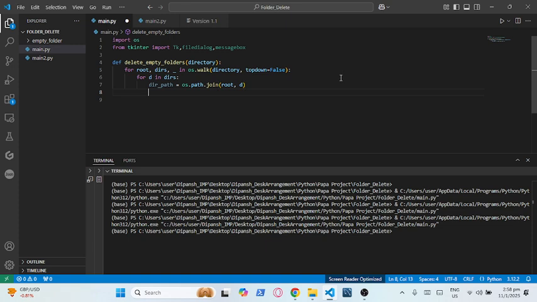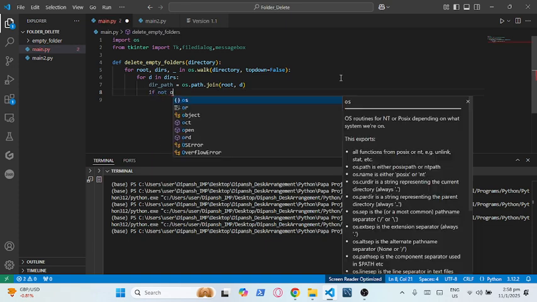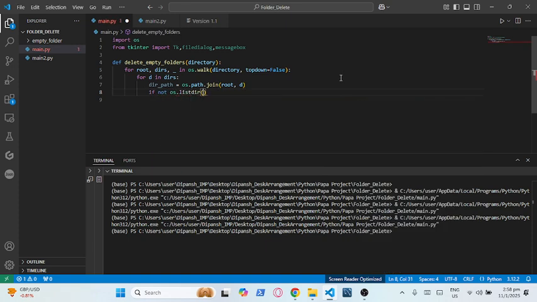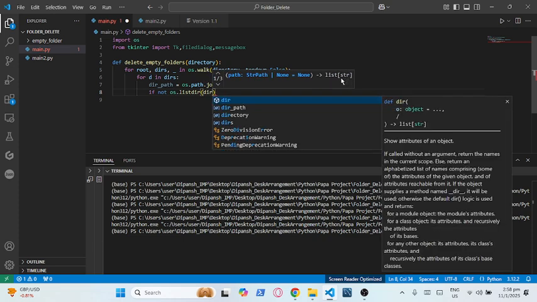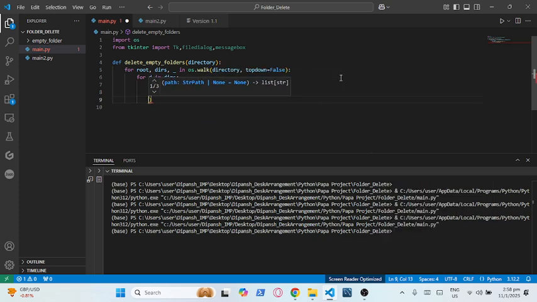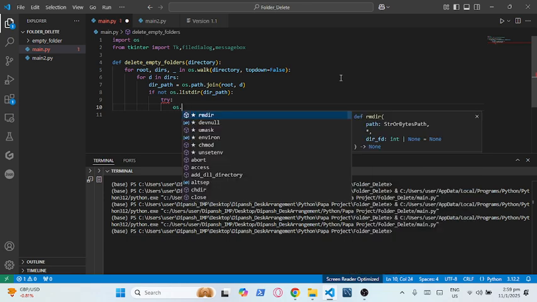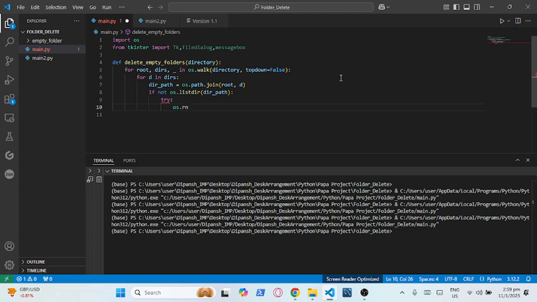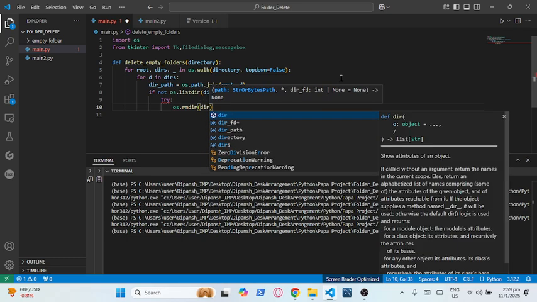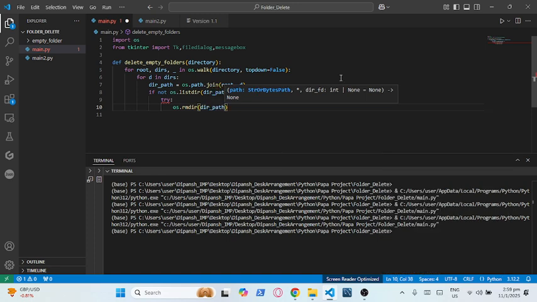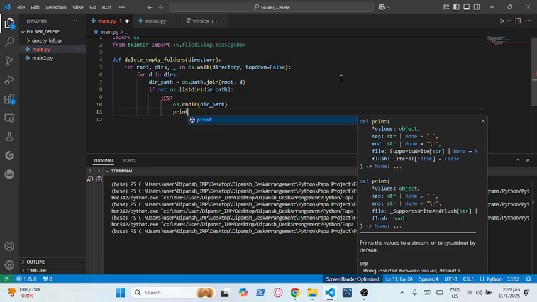After that, if not os.listdir(dir_path), then what we want to do is try: os.rmdir, and inside that we put our dir_path, and then after that type in print